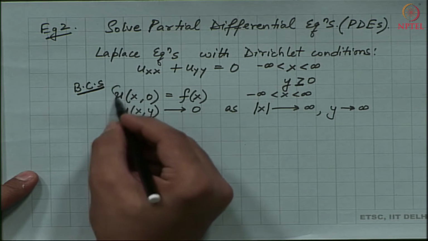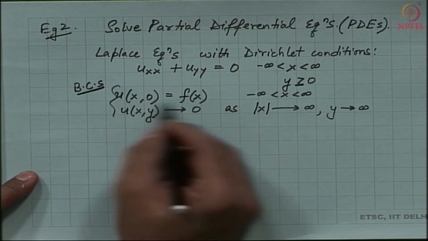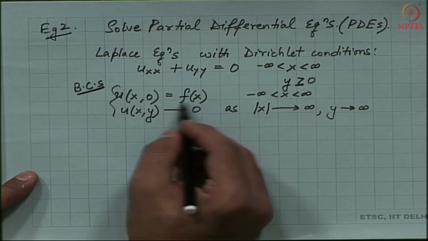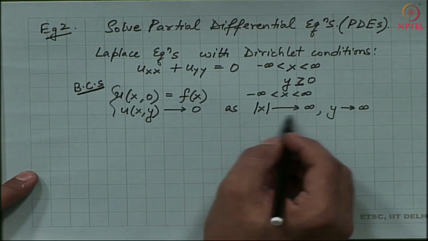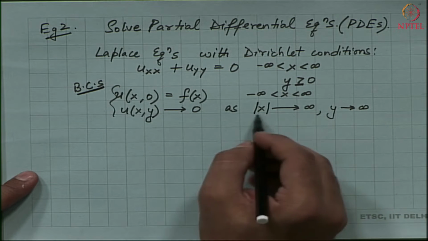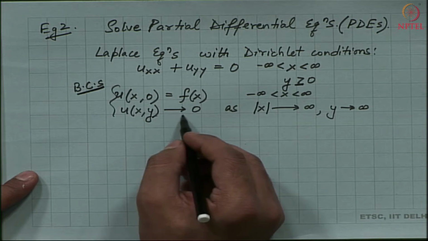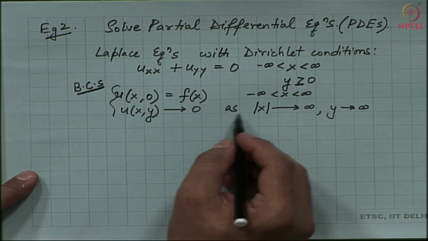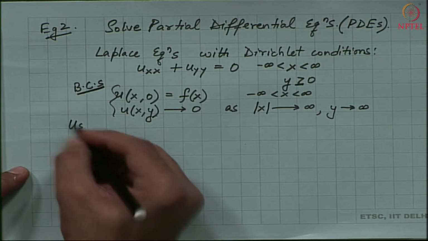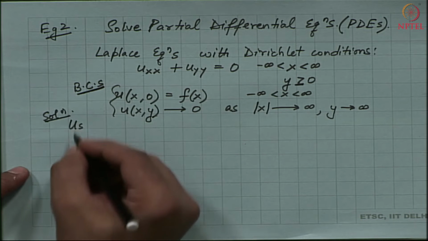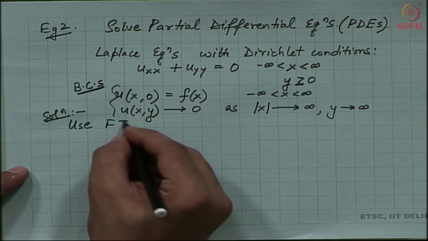So what this says is that on the surface, on y equal to 0, you have a certain value of the solution, and the solution decays as your independent variables go to infinity. So in the far field, or far away from y equal to 0, the solution decays to 0. So let's start. To figure out the solution to this Laplace equation, I am going to use the Fourier transform